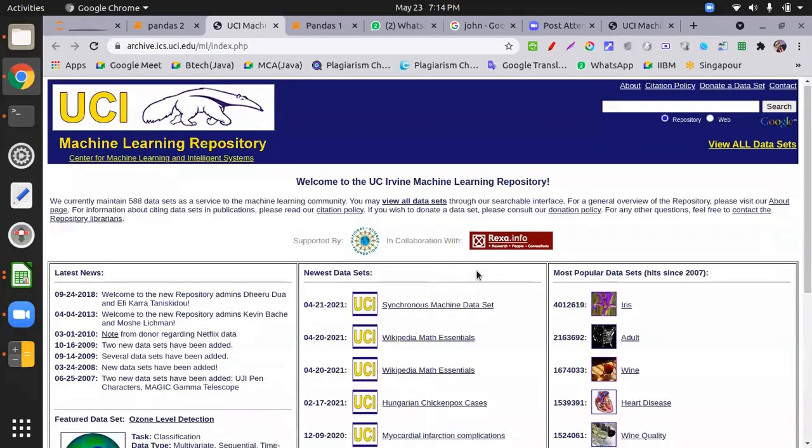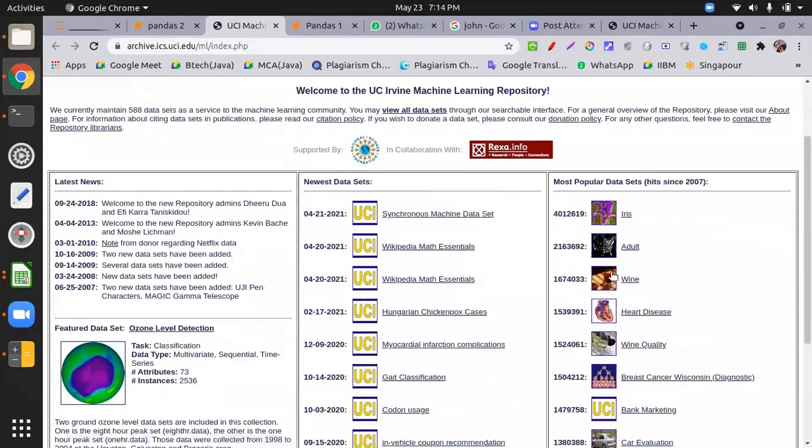So when you click this one, it directly opens. It contains a lot of data sets. Mostly used data sets are iris, adult, wine, heart disease, like that.